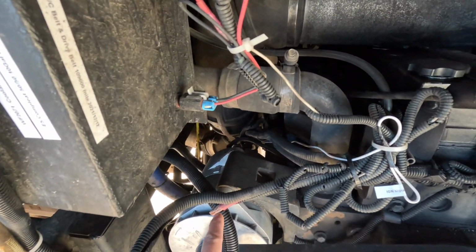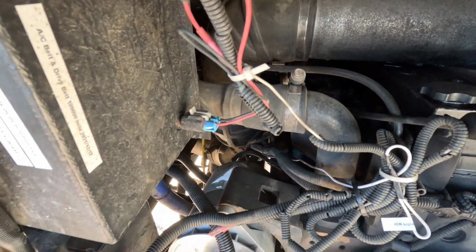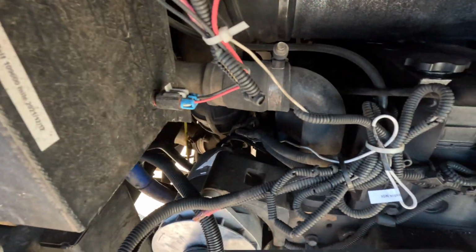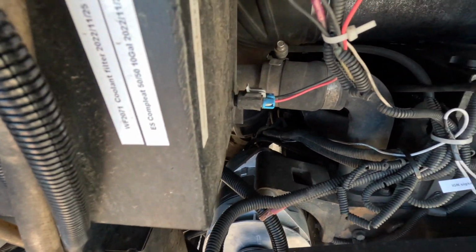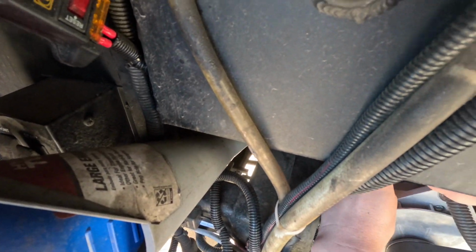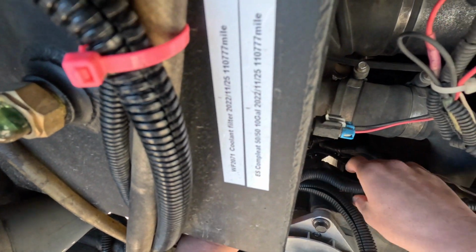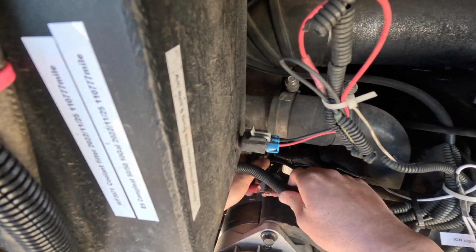The second thing is this positive wire is just not long enough to reach in the back, because the alternator is a bit longer, and the post is at a different position. It's at the bottom, so it cannot reach there. I had to cut it here and then make an extension. This is the new wire. Let's see, where is that pesky wire? Right here. So what I need to do is use a connector to connect those two together, and that has